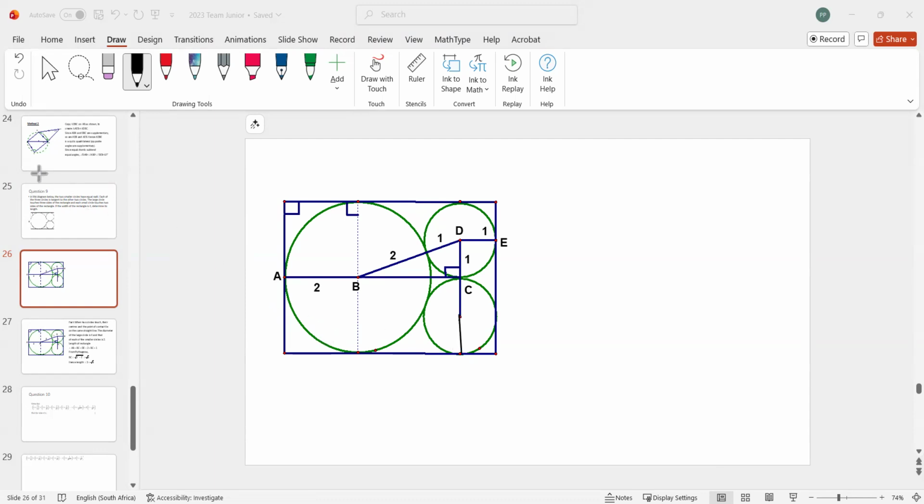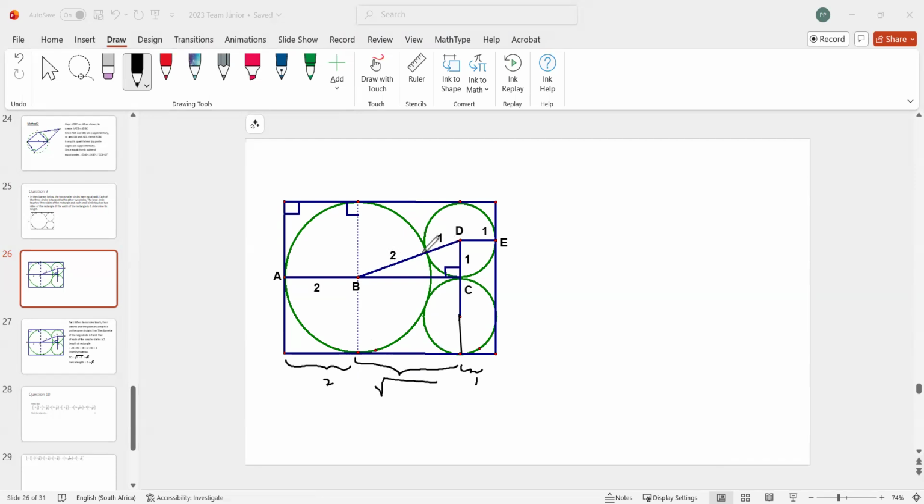So you see what we have here is, you've got a 2 here, you've got a 1 here, and then you've got this part here. But this is exactly the same as BC. But this is a rectangle. See? And so BC is a square root of,